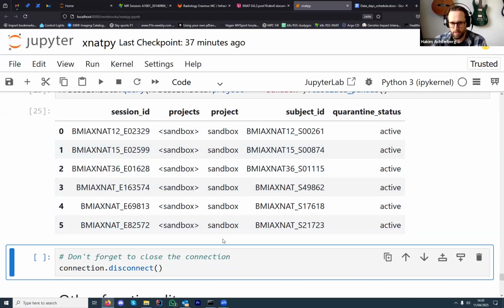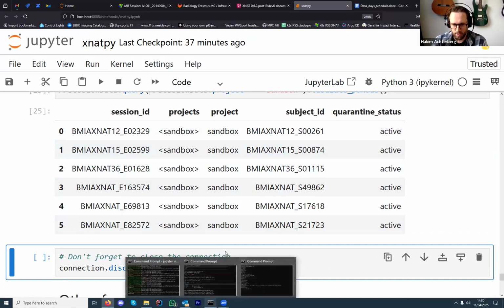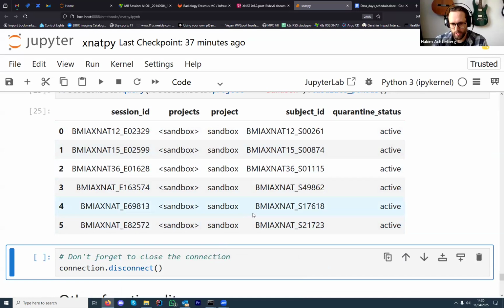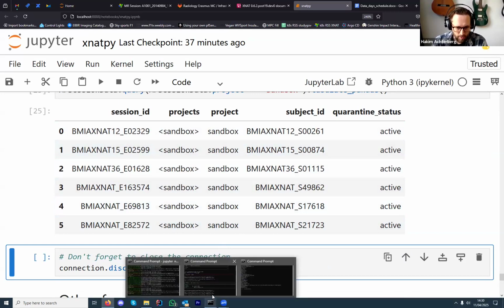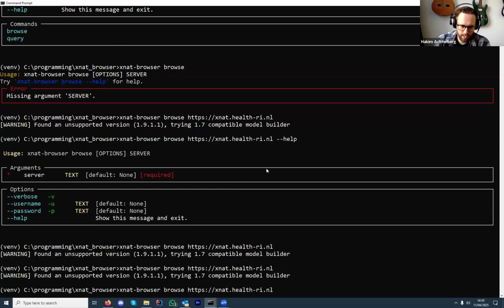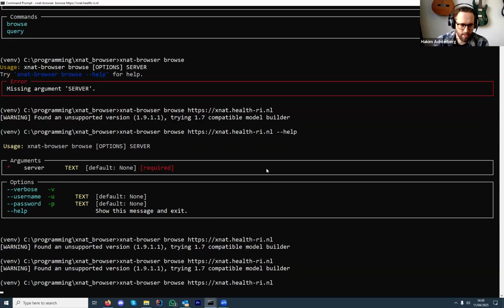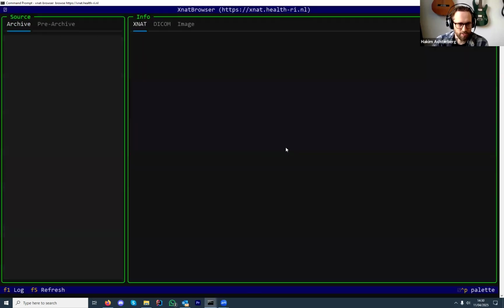So this library is to make it very easy to interact with XNAT. It's meant for other people to build their tools and scripts on top of it. You can do almost anything with it, and it handles the login for you and abstracts away a lot of the data model. So that's very good. To have a very quick illustration of that, this was made by another university that I know of, and they told me about this tool. They made a browser,